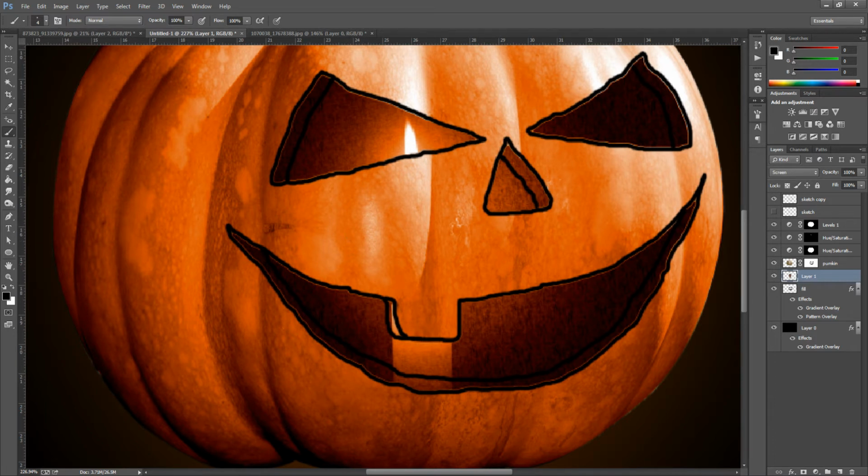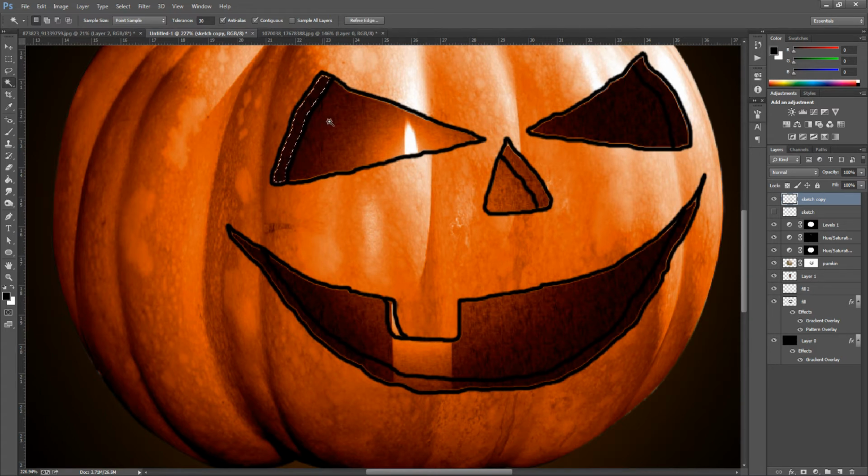And then all we're going to do is go to the fill layer, and we're going to make a new blank layer, so bottom right hand side, and we're going to name this fill 2. I'm going to go back up to the sketch, we're going to go to the magic wand tool, hold down shift on your keyboard after clicking once, and then we're just going to select all the others like that.